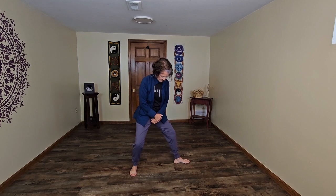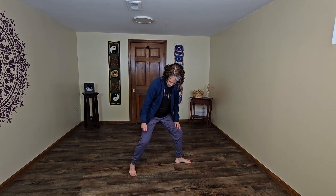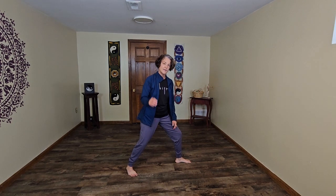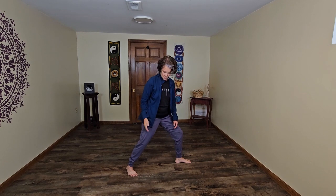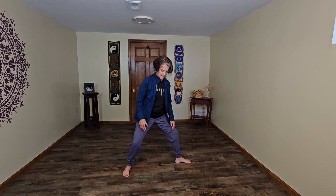Okay, so let's get to the feet. When we ended, we were in single whip. You may have been in a 90-degree L stance or at a 45. This is important to know in your structure because it affects how we move in the form. So if you are in an L stance, then when we